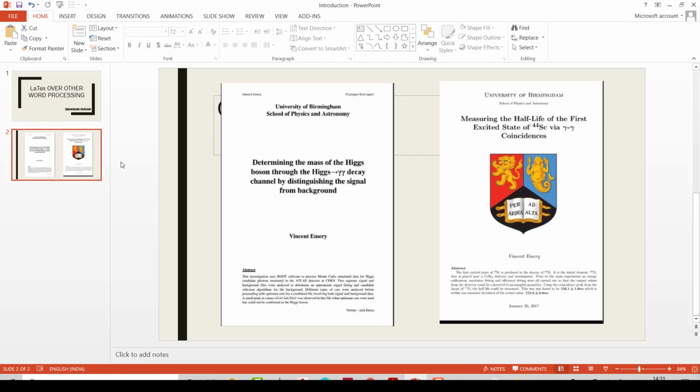If I am talking in general, then in LaTeX, what you get is what you mean. But in the case of word processing, you can say what you see is all you get. So this is the basic difference in one sentence. In LaTeX, what you get is what you desire.